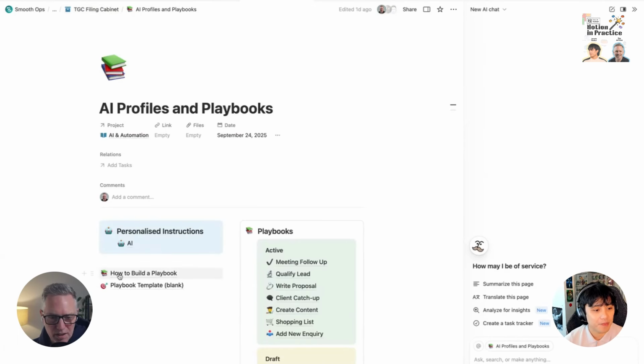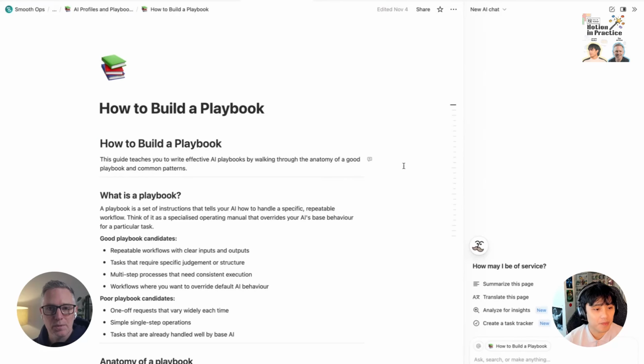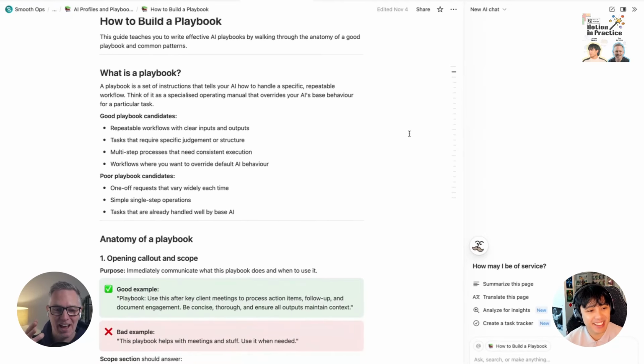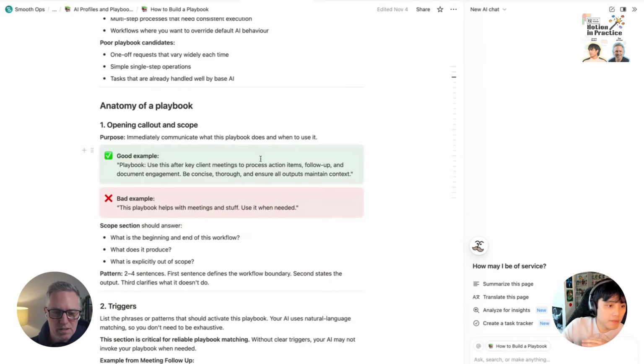Anyway, one of the things I have done is make some instructions about how to build a playbook. Well, the AI did it, but it was my idea. There are some guidelines about when it makes sense to use one and when it doesn't. It's worth investing in it if it's a consistent, repeatable process. If it's just a random one-off, then just chat. It needs to be integrated into the ways of your working, right? A habit needs to be formed. It needs to fit into your work processes. So if you do it differently every time, then setting up a playbook probably doesn't make any sense. But if it is a similar flow,